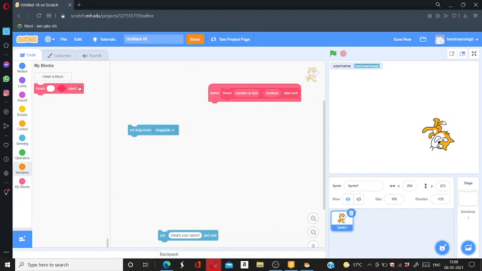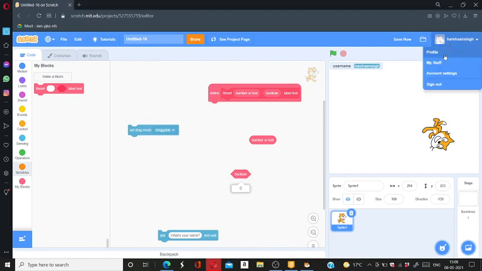It will not automatically understand what this block means. So we have to define it under this define block. The define block will come over anywhere. See, I had put a boolean, so the boolean has come here. Then the number or text, we have put it. So we are completed with that.